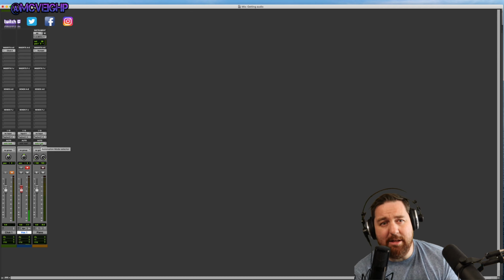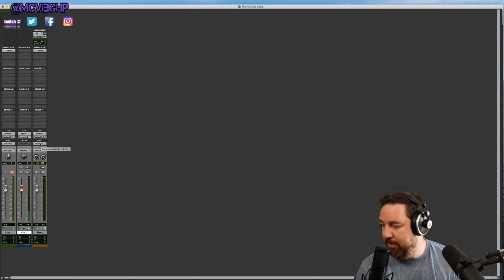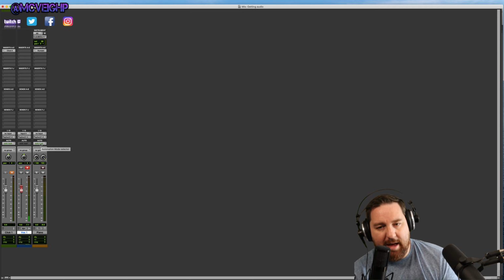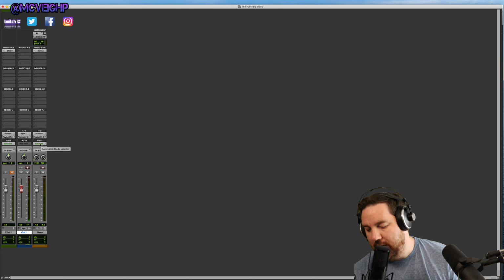So optimizing your gain structure, getting your gain level right coming into Pro Tools is really one of the most important things as well. Making sure that there's enough gain coming from the interface to the DAW, your digital audio workstation, your Pro Tools, Logic, Cubase, whatever you're using, Ableton. And making sure that that is a good representation whenever you record it of what you actually sound like. So when I'm in this,